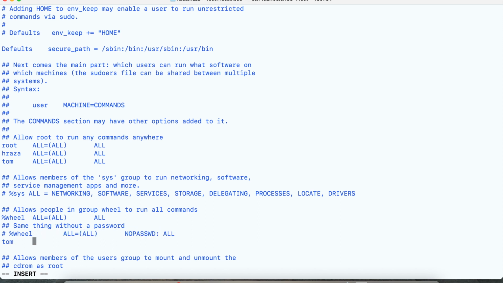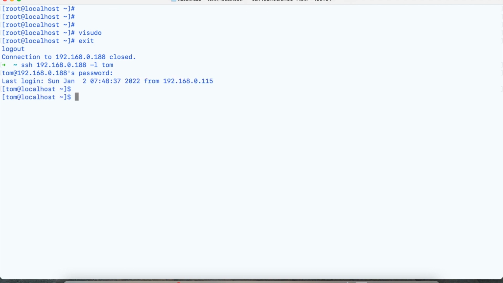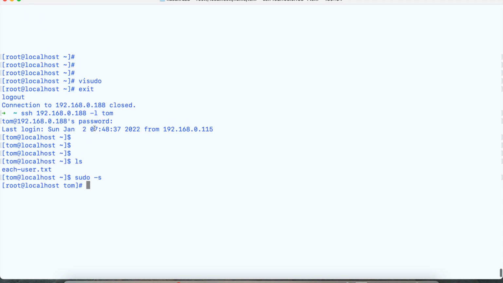Now I'm going to exit and I'm going to log in as Tom again. Now to SSH to the machine, you will need to log in as Tom. Okay, now I want to log in, for example, as user. You see that it doesn't ask for password. Why? Because I have modified this